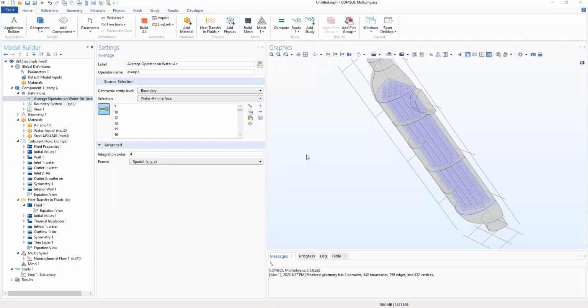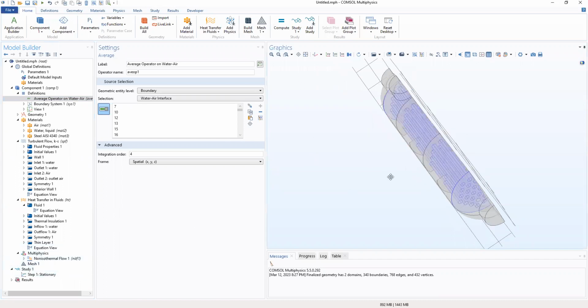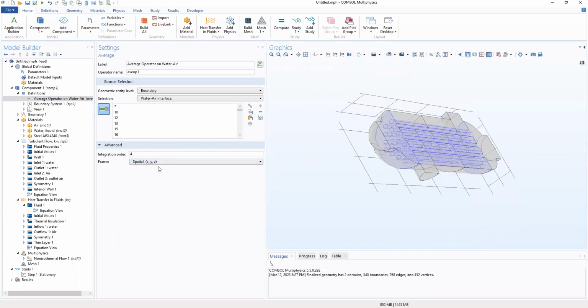So in this part, we're going to continue from where we left off to mesh our geometry. We've added our physics and everything, defined our material parameters and average operator on the water interface. So for the meshing system, what we're going to do is